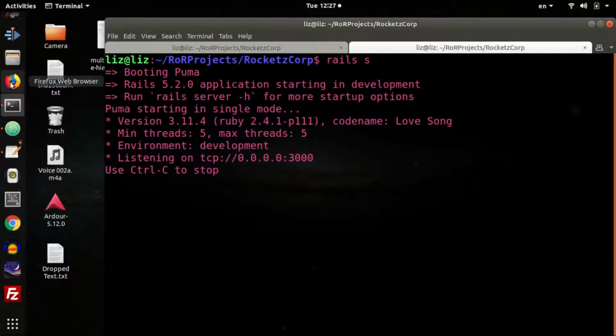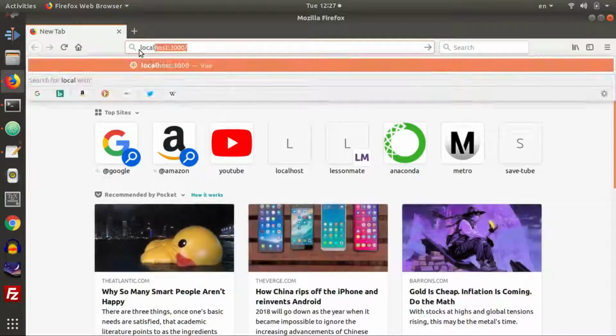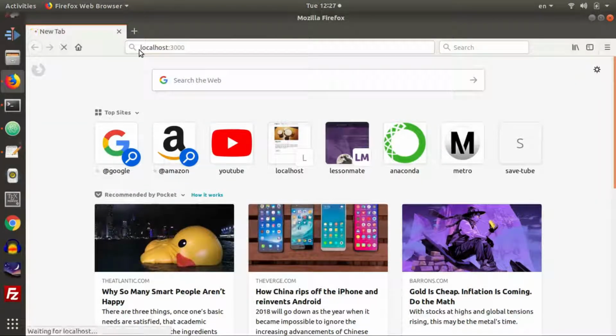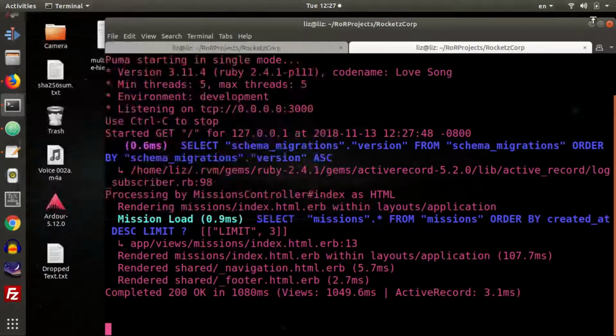Alright, server is running. Let's go to the browser and look at our project. So here let's type localhost:3000, hit enter. Alright, so this is where we should be, and this is at the top here where we will put the slideshow. Okay,